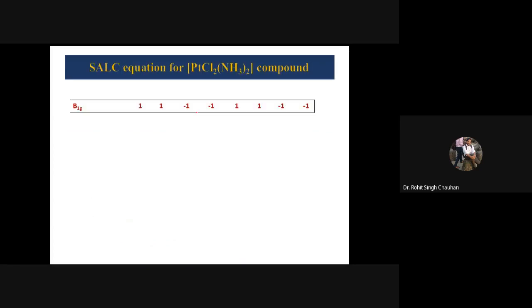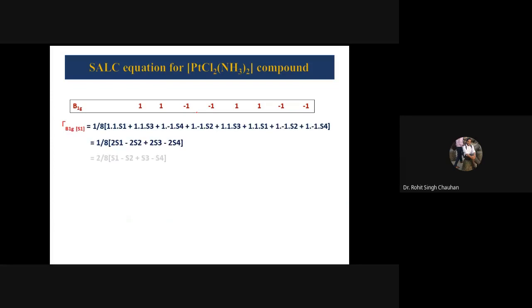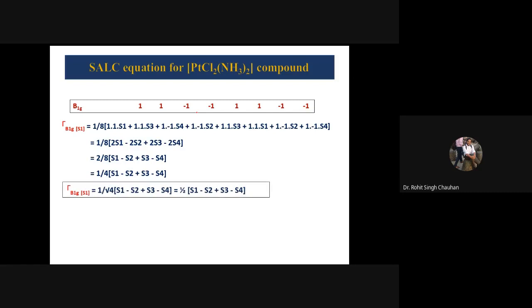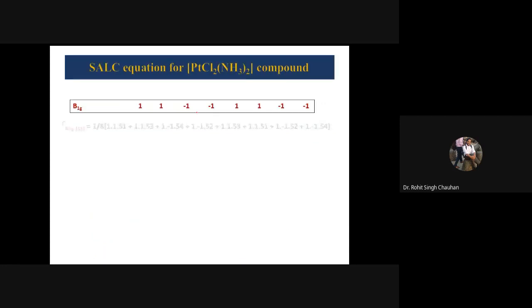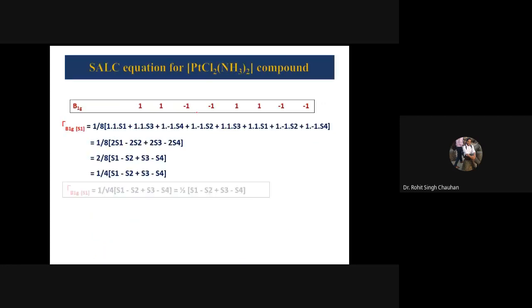Okay, now see, the same thing we are going to apply one by one on B1g. See this, this way also you are going to get 1 by root 2, 1 by 2 (S1 minus S2 plus S3 minus S4). See, one way is that you have got Ag and you know the tau vibration also. So from that you will be able to conclude what symmetry elements are present. Another way is that you put it one by one, get it here 1 by 2. The rest of the things I have not shown here because they are going to be 0.